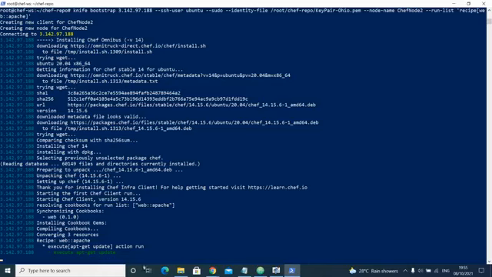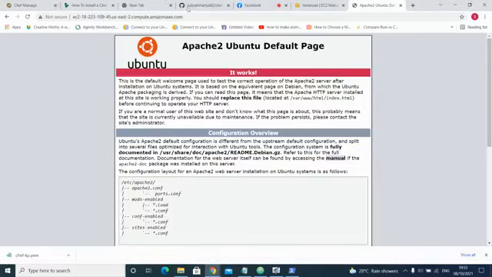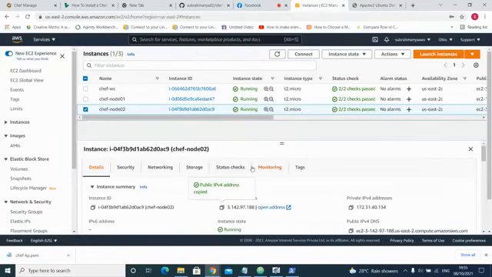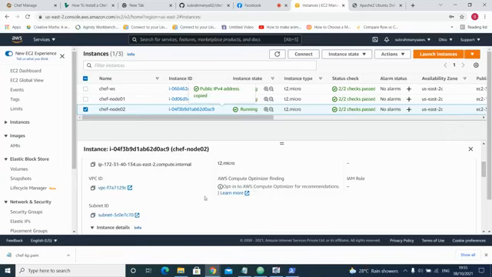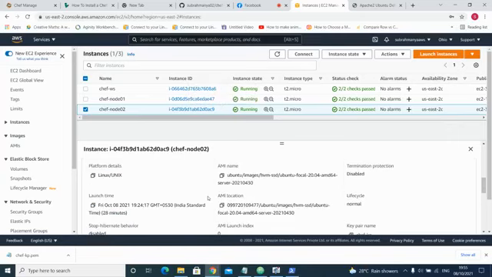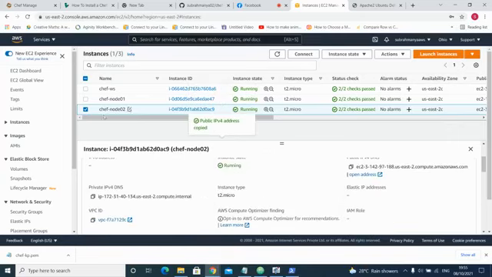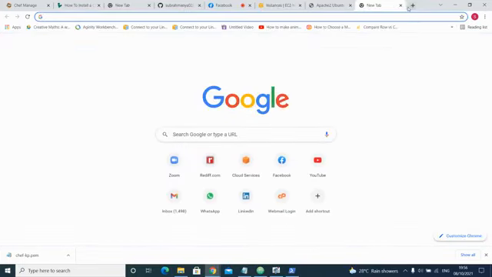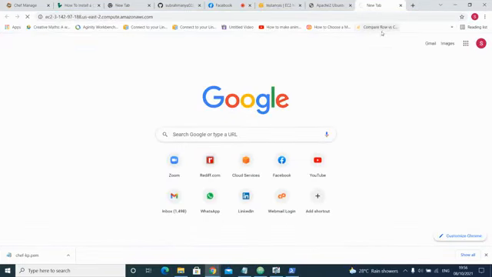Now I think it is over, almost about to end. Now I will come back and I will go to the second one. I think I am in the second now. So I'll copy the public DNS of the second one and I'll paste it here.